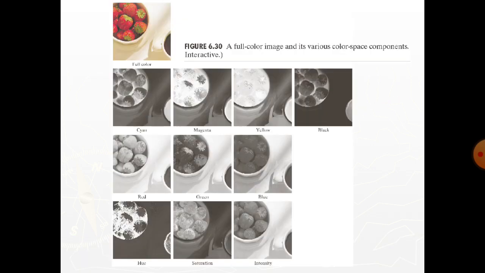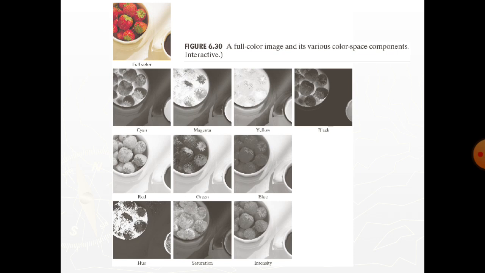So the full color image here shows a high resolution color image of a bowl of strawberries and a cup of coffee that was digitized from a large format 4 by 5 inch color negative. The second row of the figure contains the components of the initial CMYK scan.